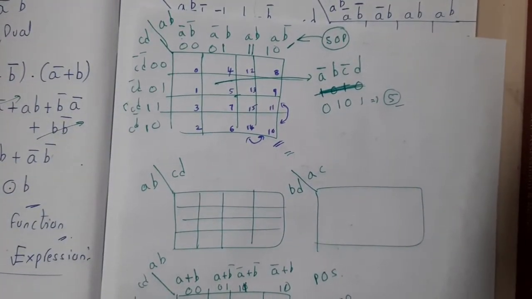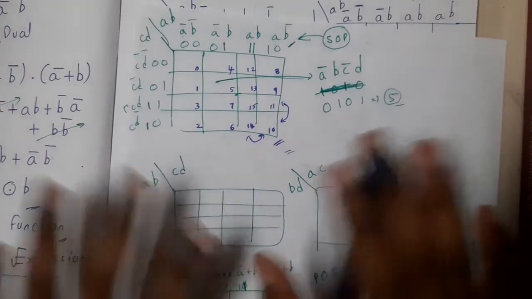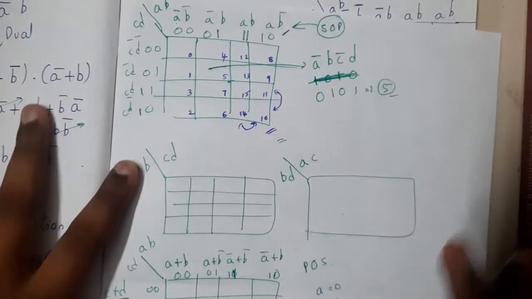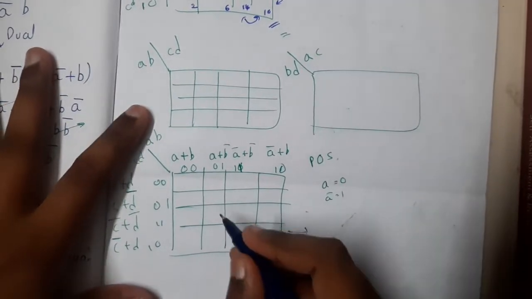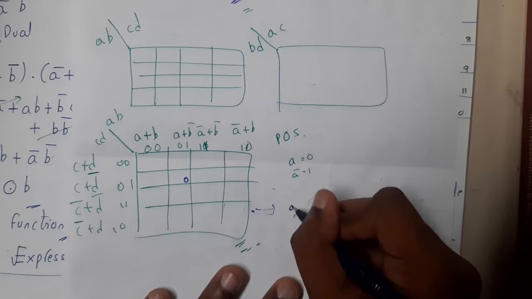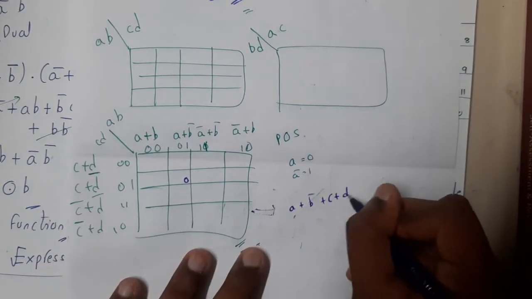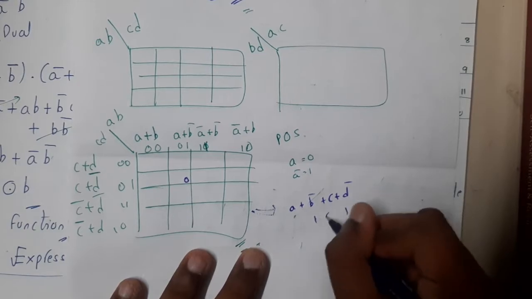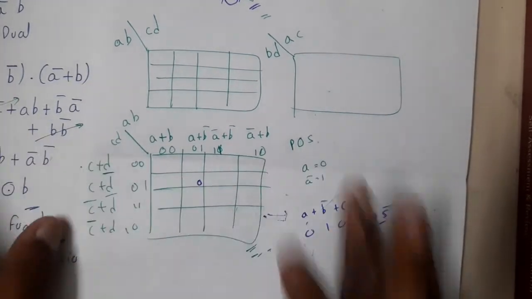Okay, just give me a second. Okay, sorry for that, guys. Okay, so now you got a clear idea, right? So exactly how you can convert. So the same logic you can apply here also, guys. So if I want this particular location's address, I'll be taking the 5 only because we want to get that address, right? Yes. So A plus B bar plus C plus D bar. So A bar means 1, rest all 0. So what is this location? It is 5. So in this way you can find the location and you can map them, guys.